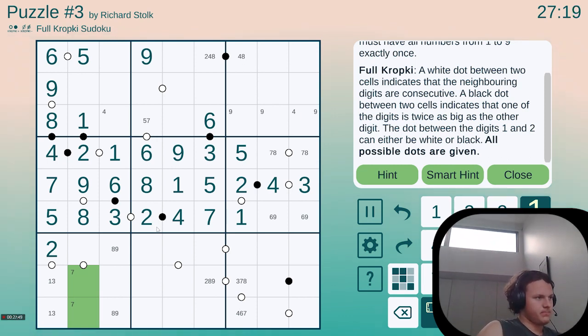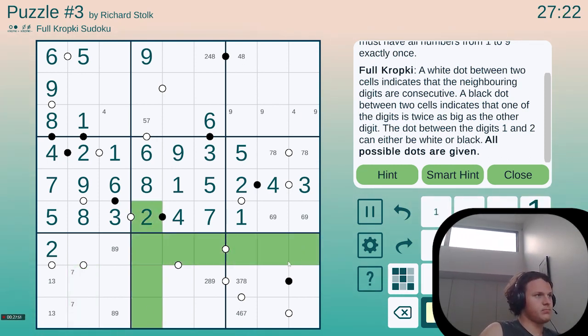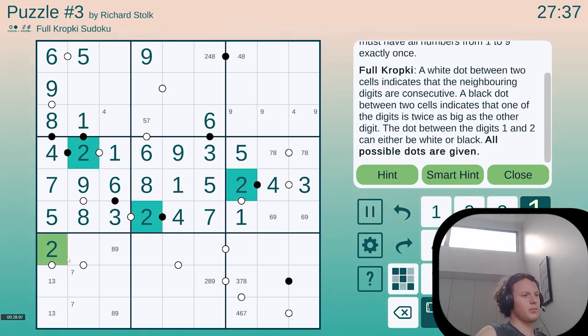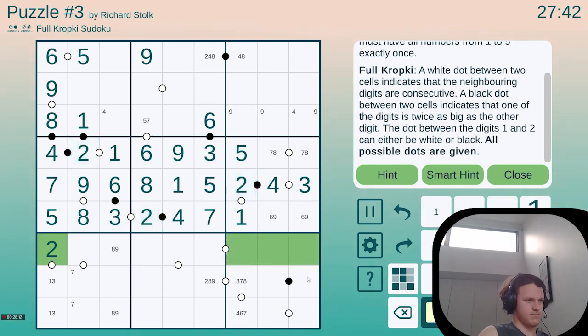Okay, does that do anything? These 2s. Okay, that places... Yeah, so 2 has to be in this bottom right box. Can't be there, obviously can't be there because we already know that, because of this 2. It also can't be in these bottom 2, these whites, because it has to be paired with a 3 or a 1. And if there's a 3 or 1 here,